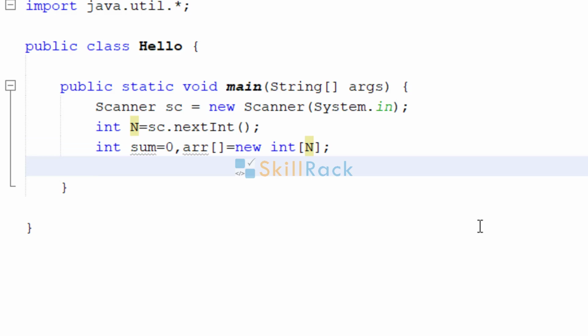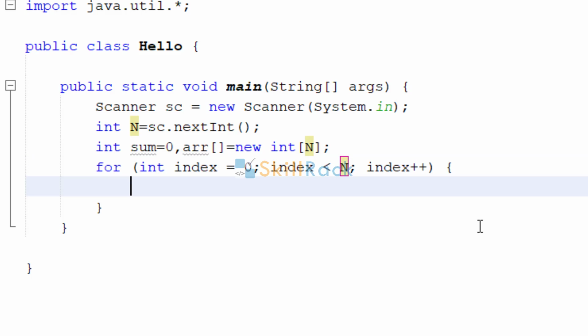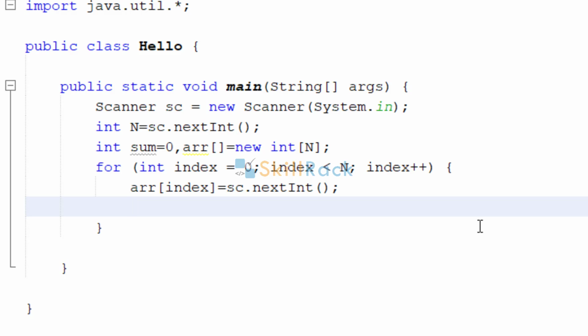So now we will use a loop and accept the input values. Now, when getting the input values itself, we will calculate the sum. So we say sum plus is equal to array of index.